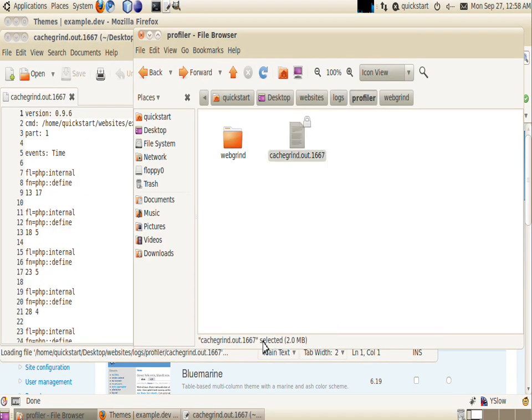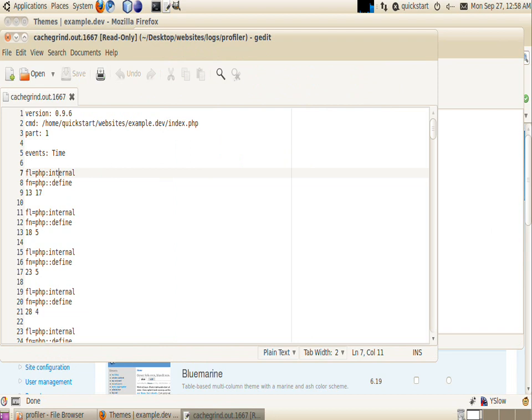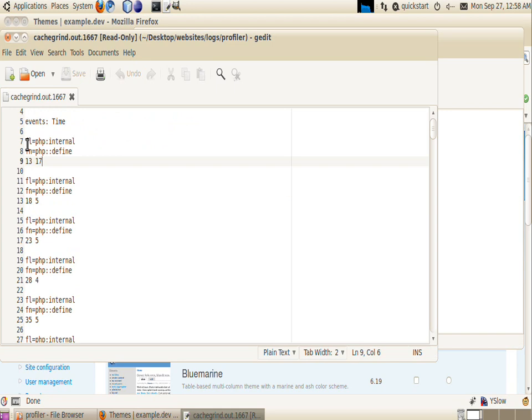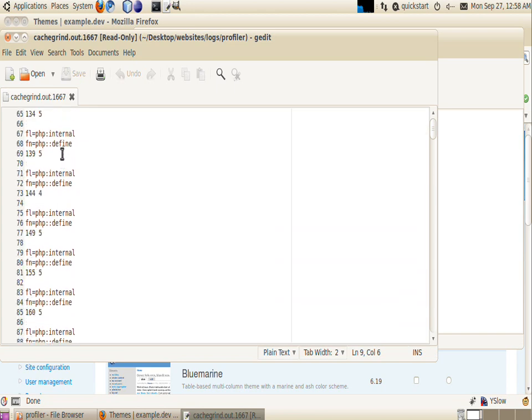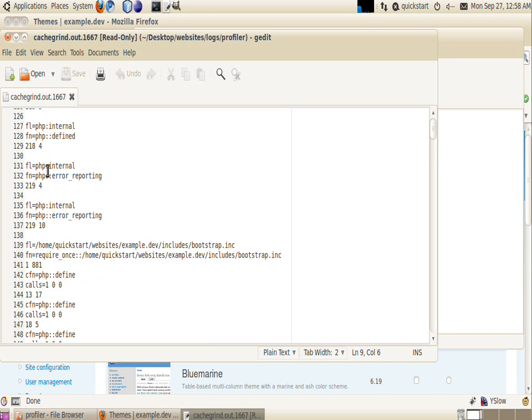And if we scan down this, you can see here's the file format version, here's the command that was profiled, and boom, here we are. So we're looking at what functions were called and how much time they took. As we go down through the page request, we start off with a whole bunch of defines, and then we set some error reporting, then we include bootstrap.inc, and we just kind